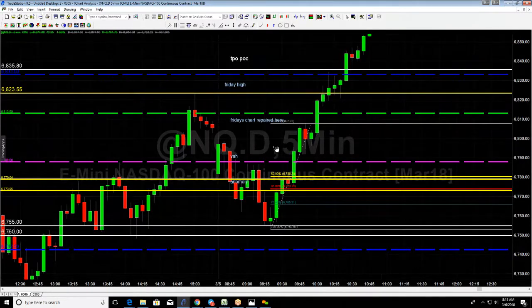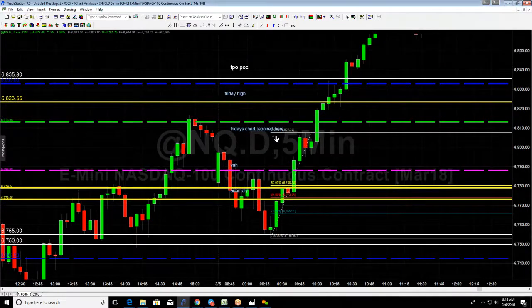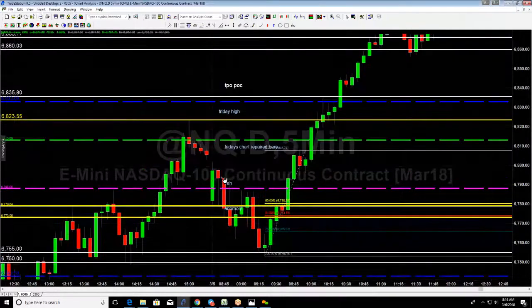Once we were back above value area high, you have to remember, when I point out and I say the only way we can get an extension up or the only way we can get an extension down is if we get above and hold above value area high. So notice inability to hold above value area high. Notice inability to get back below, and we consolidate above.